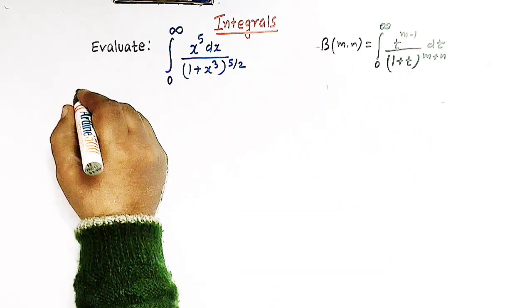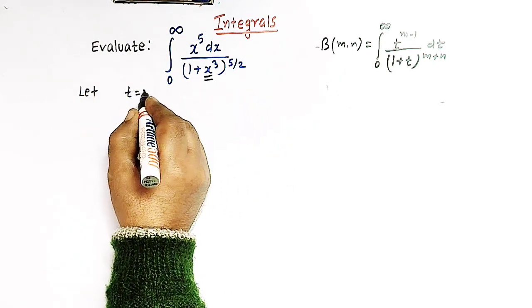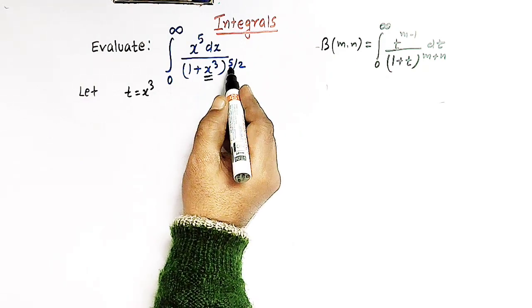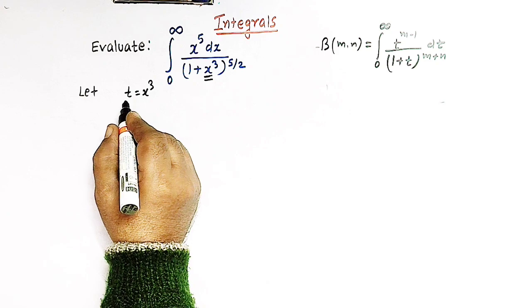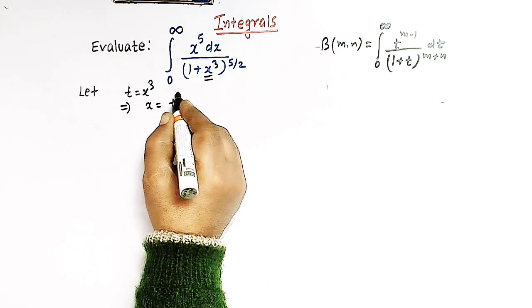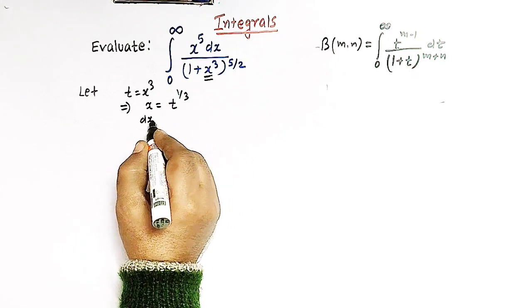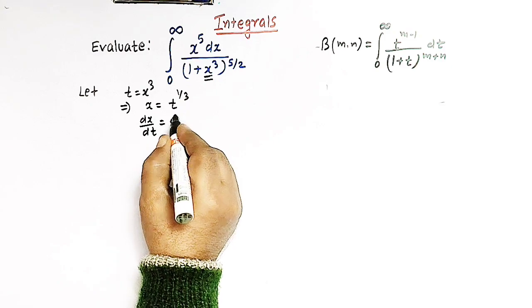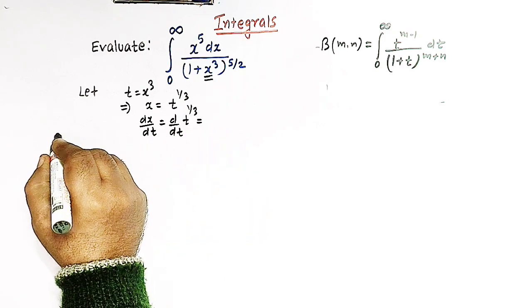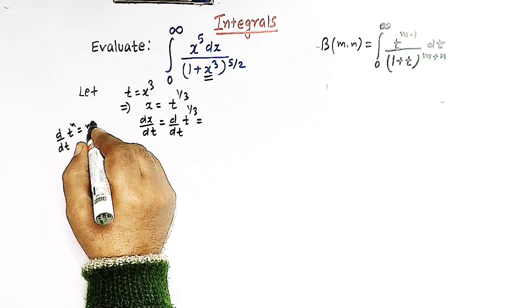So now let us first substitute t is equal to x cube, right? So that this term becomes 1 plus t raised to 5 over 2. So we'll take t is equal to x cube, and this implies that x is t raised to 1 over 3. So let us differentiate x with respect to t. So we have dx over dt is d by dt of t raised to 1 over 3, and making use of the power rule,